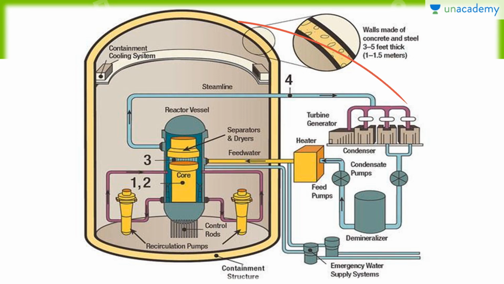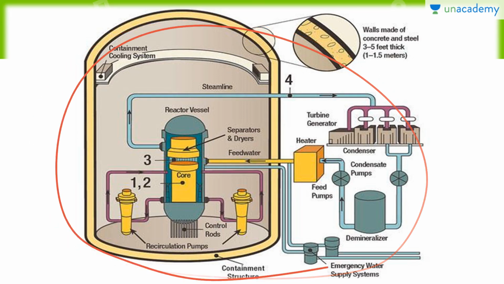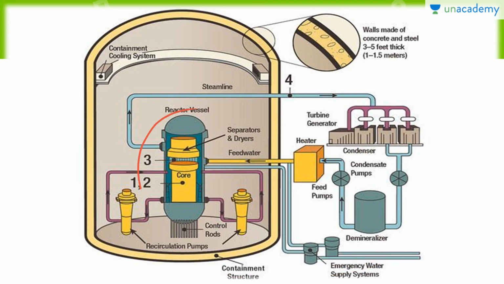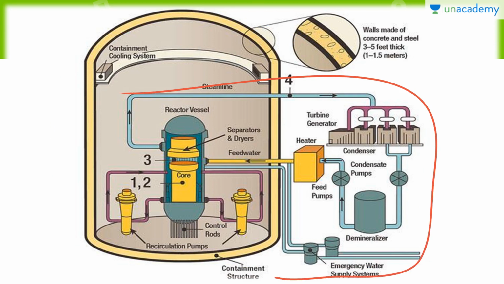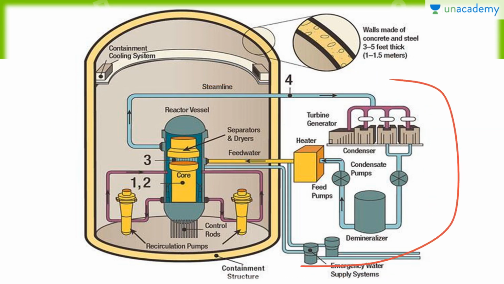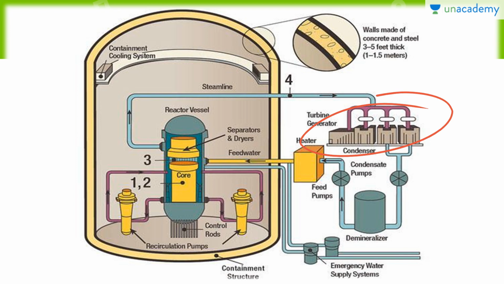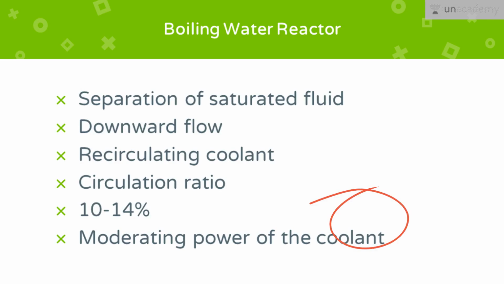So you can see the boiling water reactor over here. This is where the core will be kept, and the containment and even the structural layout of the reactor is very different compared to that of a pressurized water reactor. You can see there is no pressurizer over here. Instead, there is a turbine generator and there is a demineralizer for the process of boiling of the water. The power levels are kept above 60% in these